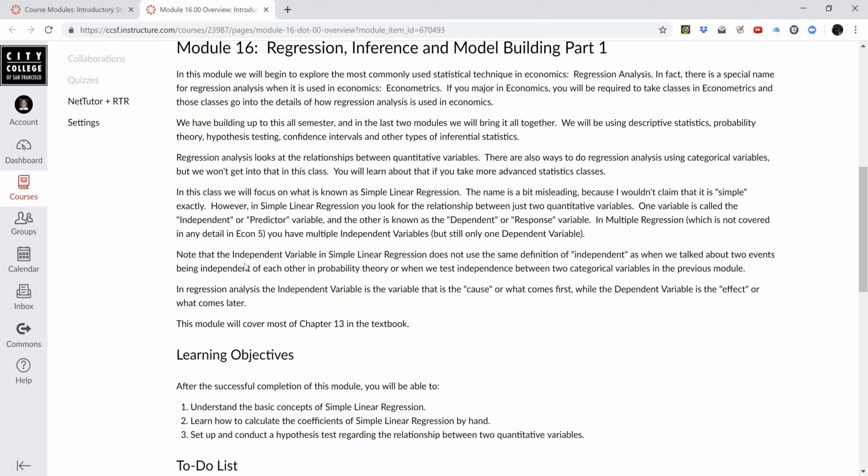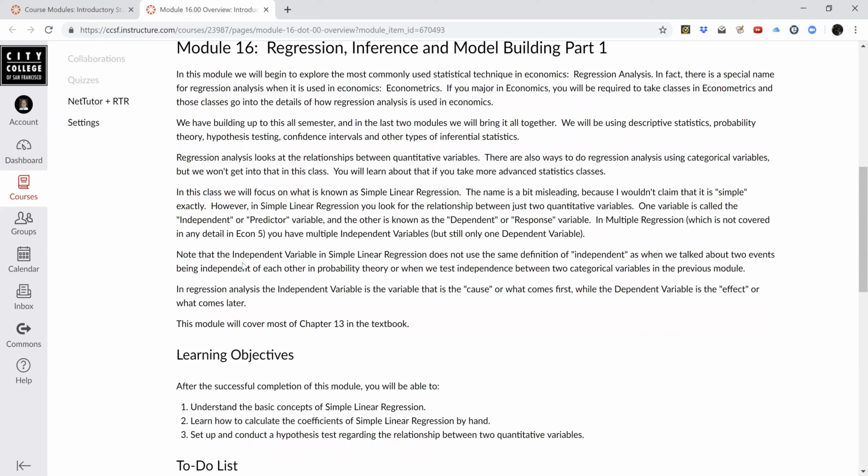So one thing that's potentially confusing about this is that the word independent is used in different ways in statistics. In one respect, independent is used to talk about whether two events or two variables are independent of each other. In other words, are they unrelated to each other? If they're independent, it means there's no relationship between them. On the other hand, the word independent is also used in regression analysis to refer to the explanatory variable.